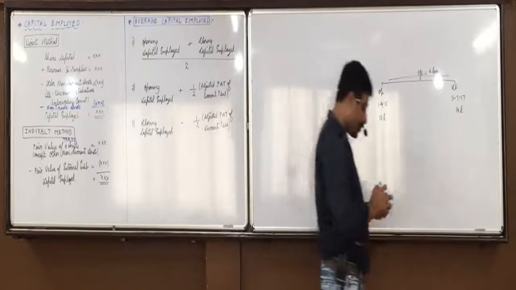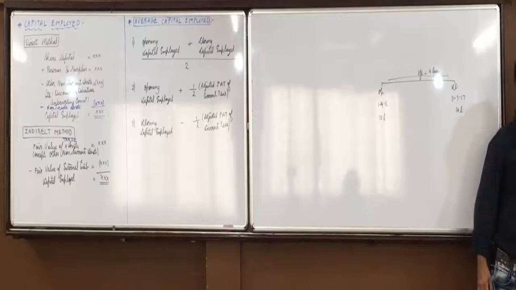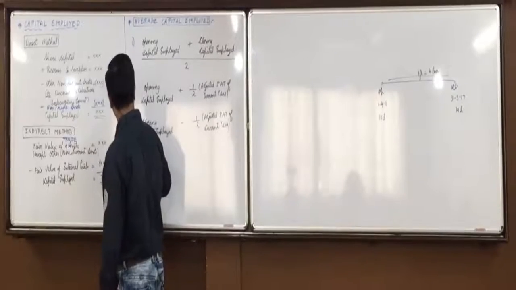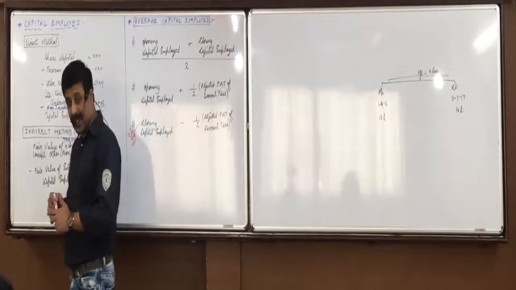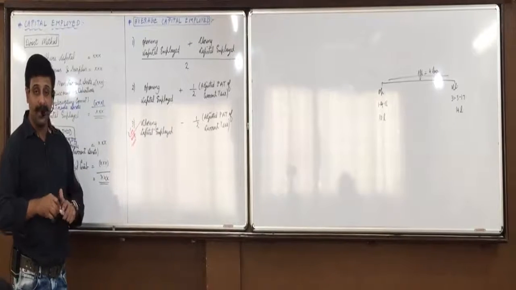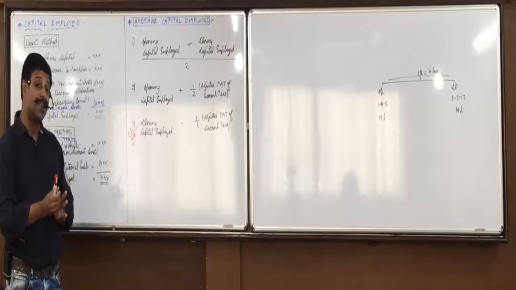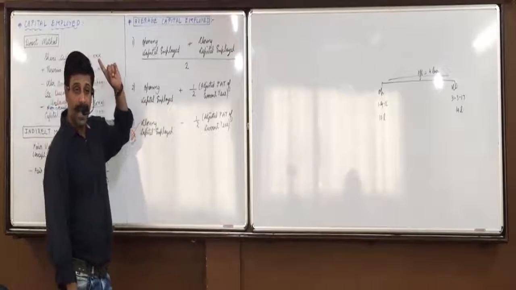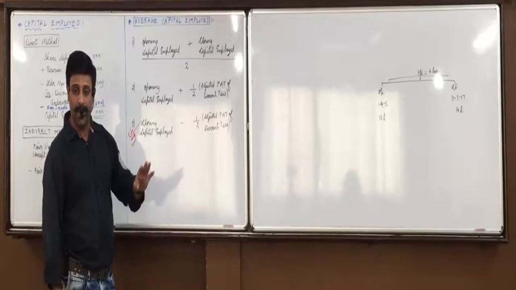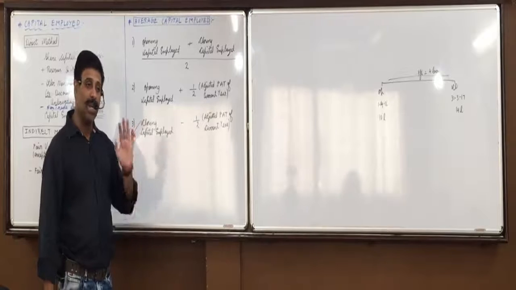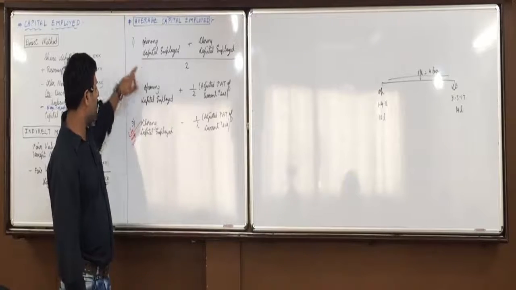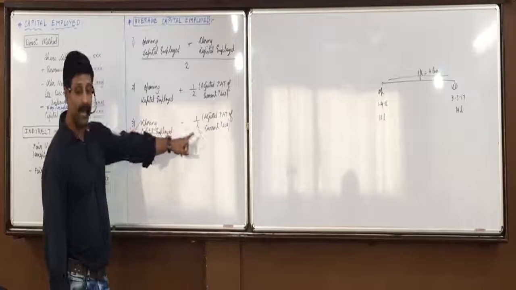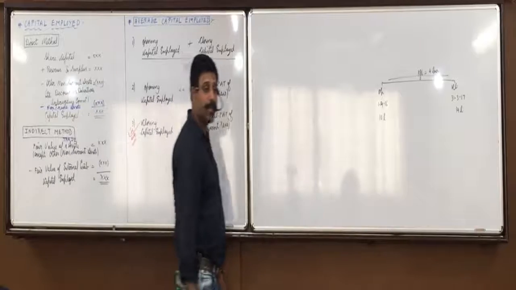Did you understand this? Now, we will always be using the third method, majority of the times. Reason: if in the question we have to use the first two methods, then they have to give you two balance sheets, current year's balance sheet as well as last year's balance sheet to find opening capital employed, which generally will not happen. They'll give you only current year's balance sheet. So if opening capital employed is not available, the only way to find the average capital employed is closing capital employed minus half of adjusted profit after tax of current year.